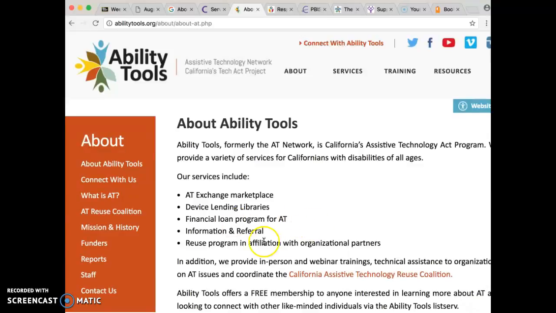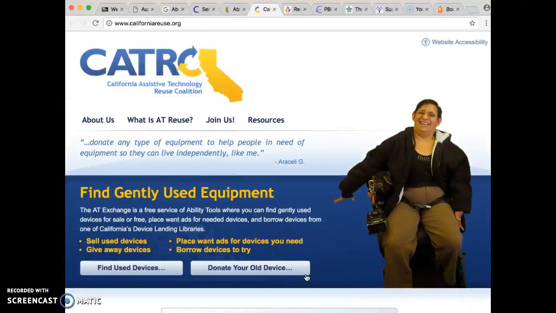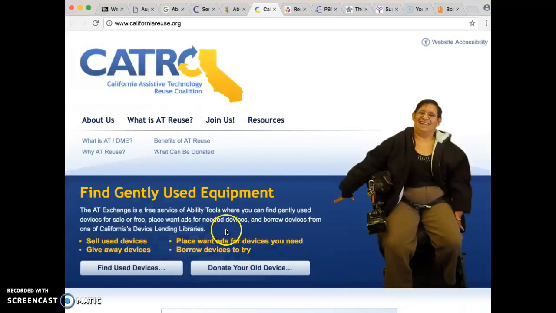They've got financial loan programs and the reuse program in affiliation with organizational partners. So all of these places are part of the California Assistive Technology Reuse Coalition. It's supported by the state to help people with special needs access whatever it is that they need to have support with. So once again, you can sell used, you can buy used equipment and things like that.